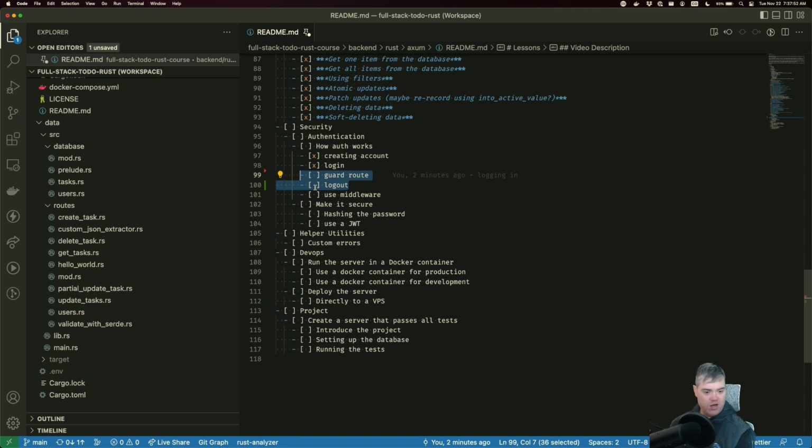Which route should I guard? We're in data. I could do it as create task. Oh, I could do it as get all tasks, like get tasks.